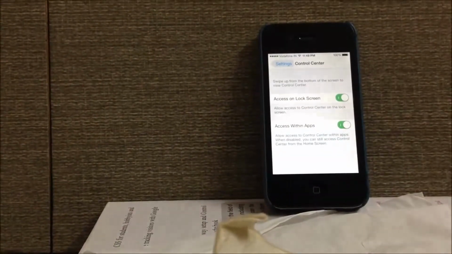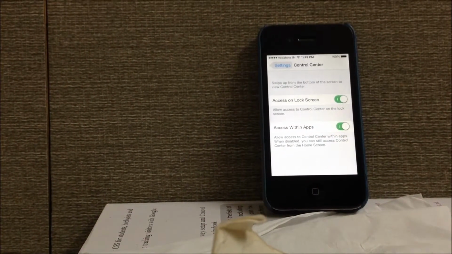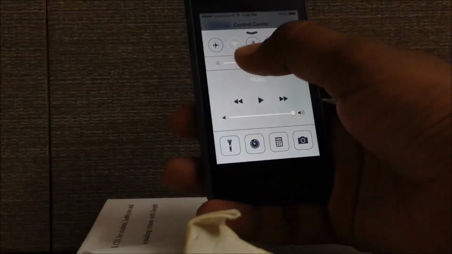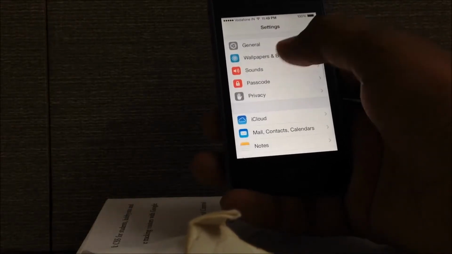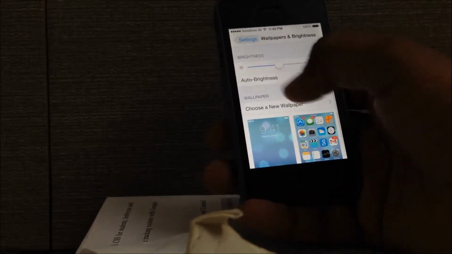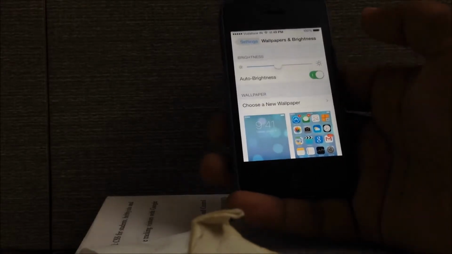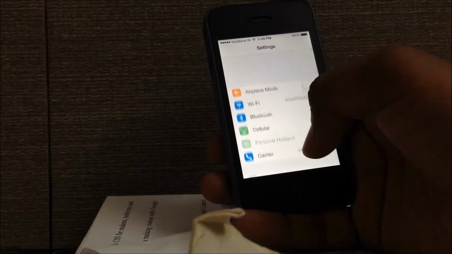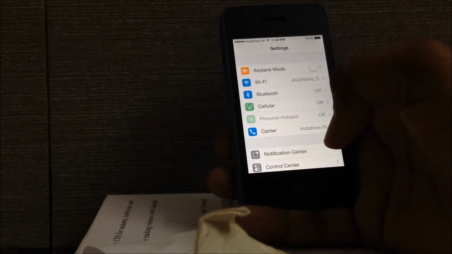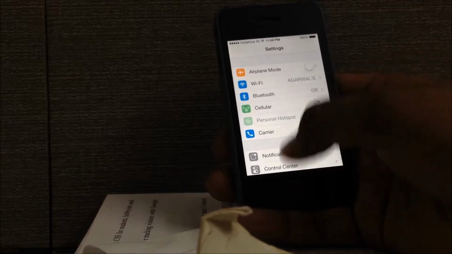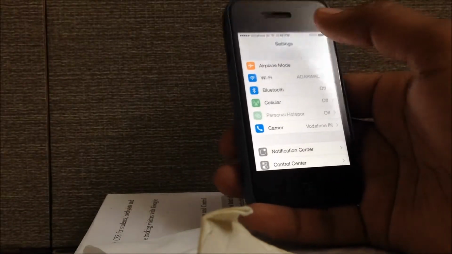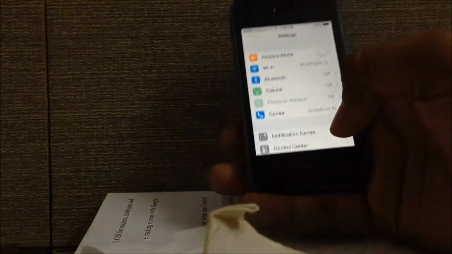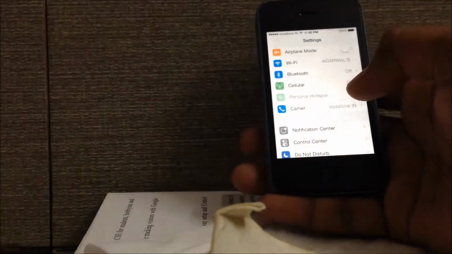And there are many more things that you can do. That is, rather than maintaining your screen brightness at full like this, you can simply go to settings, go to this brightness and wallpaper, and then turn the auto brightness on if it is turned off on your phone. So that can automatically maintain your battery and screen brightness as per your environment. And try to reduce screen brightness if it is too bright, even in a good environment. So it can help to some extent.